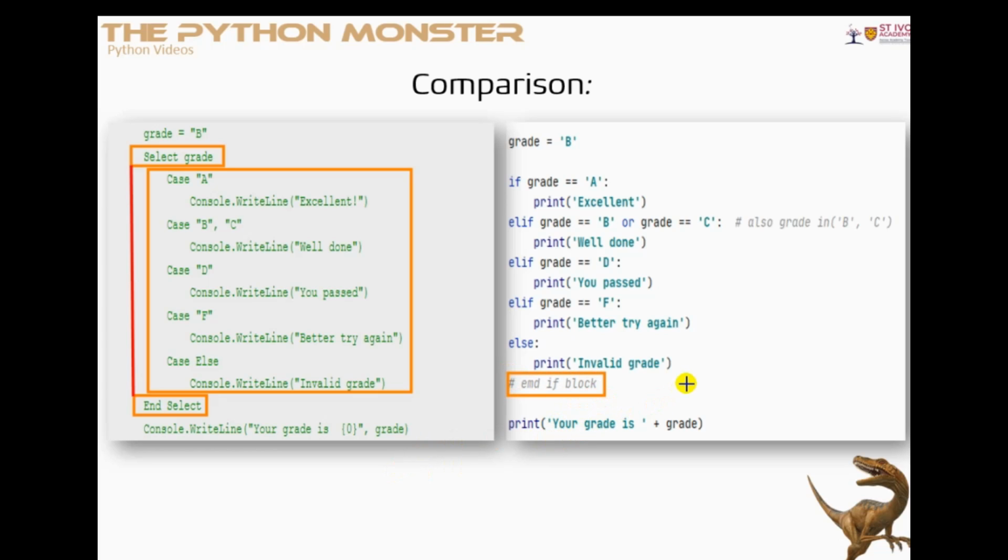Now you will notice, apart from my typo, we don't have the equivalent of an end select in Python. In fact, we don't even have a header either. And the way that Python caters for that is by enforcing the colon and the indentation. Now as long as you get the indentation correct,